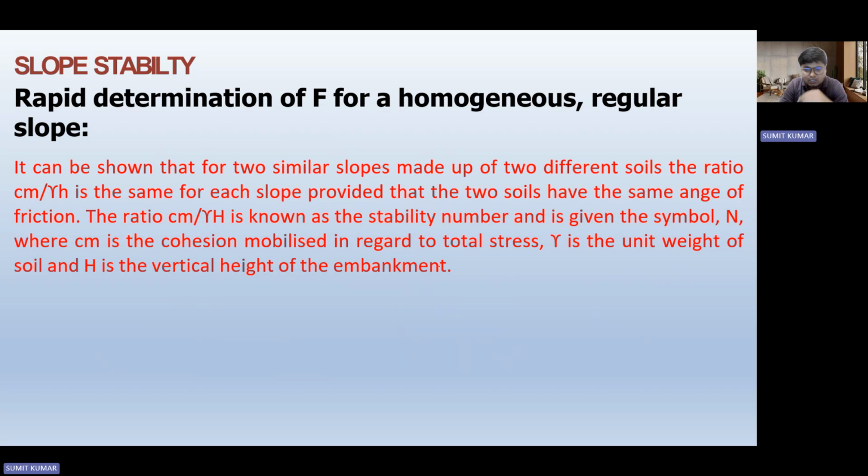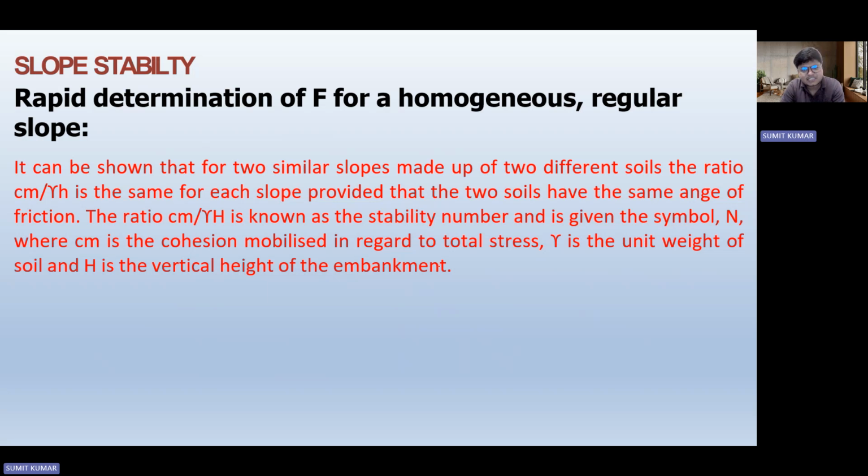I will read this very quickly because I want to move to the questions. So over here it is mentioned that the rapid determination of a factor of safety for the homogeneous regular slope. It can be shown that for two similar slopes made up of two different soils, the ratio of Cm, basically mobilized cohesion, by gamma H is the same for each slope, provided that the two slopes have the same angle of friction. The ratio of mobilized cohesion by gamma H is known as the stability number or the Taylor stability number, and where